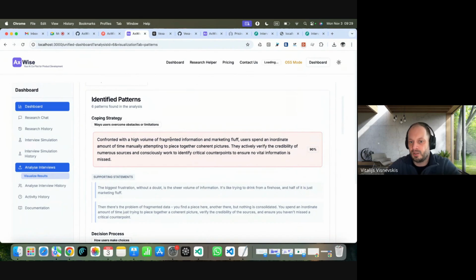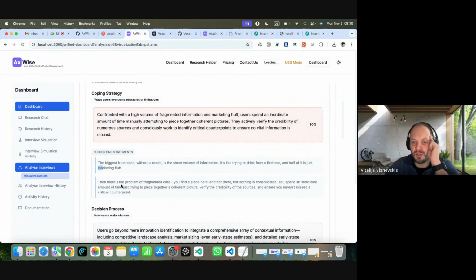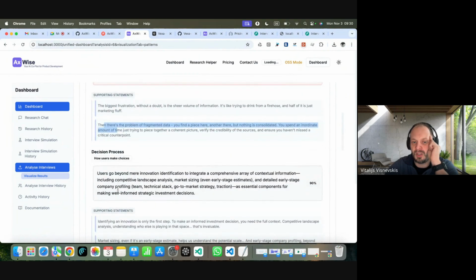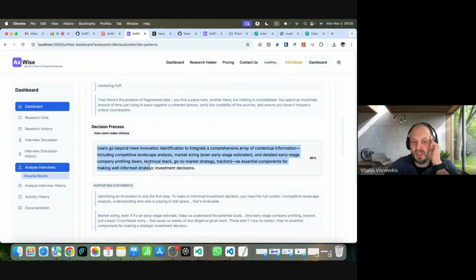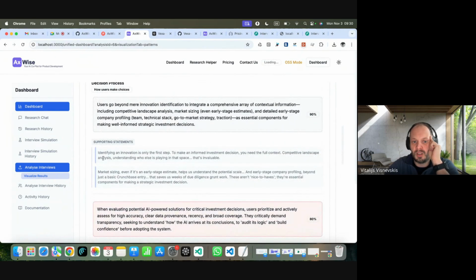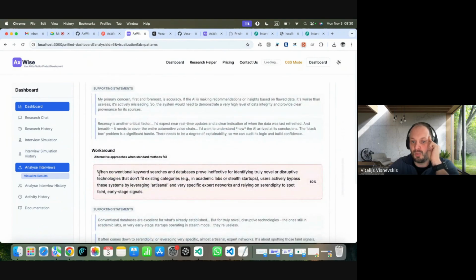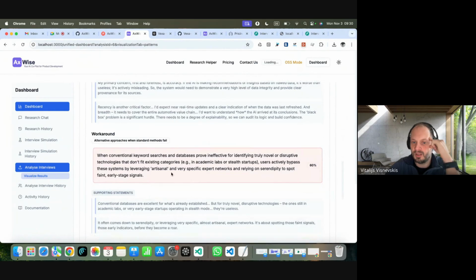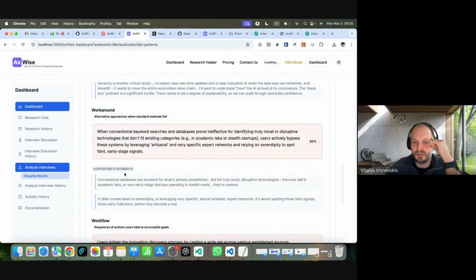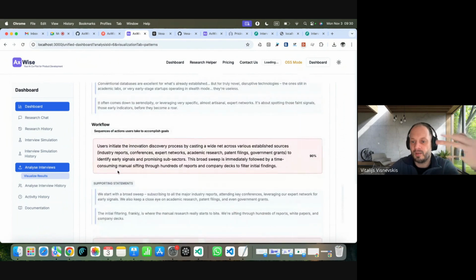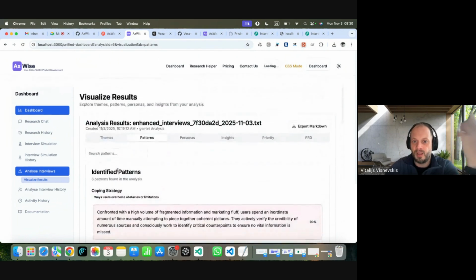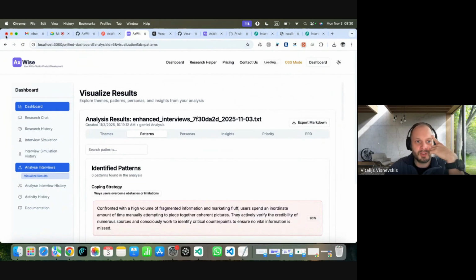And here it says they have fragmented information. Yeah, that sounds about right. What are the supporting statements? Here they are. Decision process, same: users go beyond mere innovation and so on. Then workarounds. How do they deal with that? There are keyword searches in databases that don't fit existing categories and so on. But it's all raw data, more about personal data.